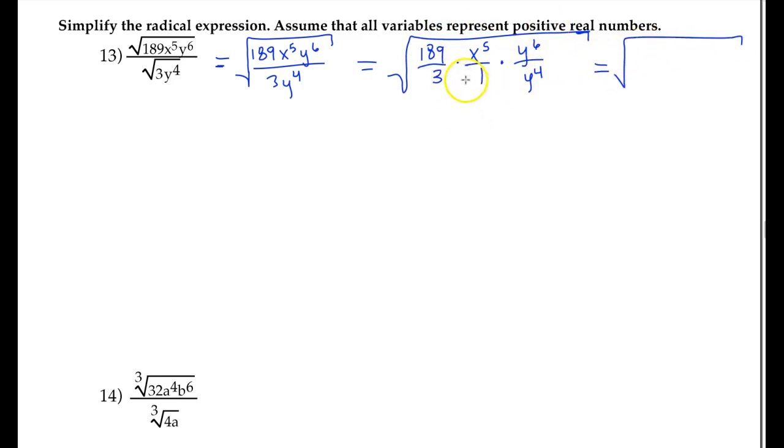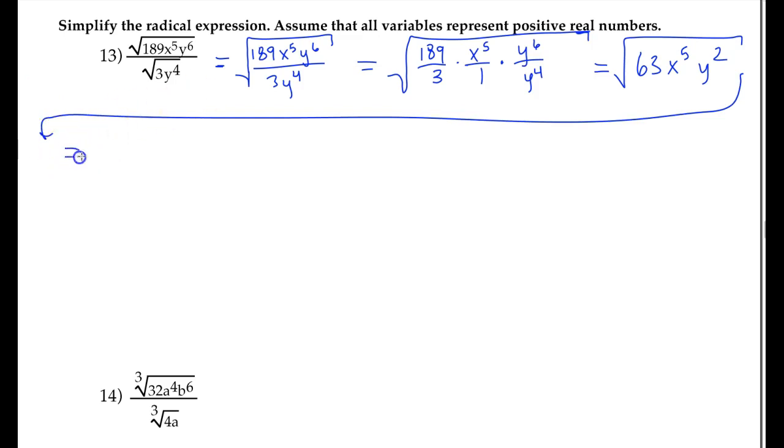Now, with that being said, we know that 189 divided by 3 is going to end up being 63. And x raised to the 5 divided by 1 is just x raised to the 5. And y raised to the 6 divided by y raised to the 4 is the same as saying y raised to the 6 minus 4, which is just y raised to the 2. Okay? 6 y's above, 4 y's below. Once we have the 4 y's on top and bottom reduced to 1, we have a net 2 y's in the numerator. So now, from here,